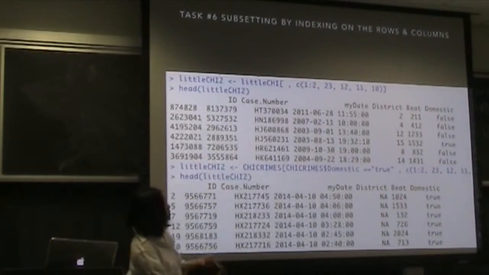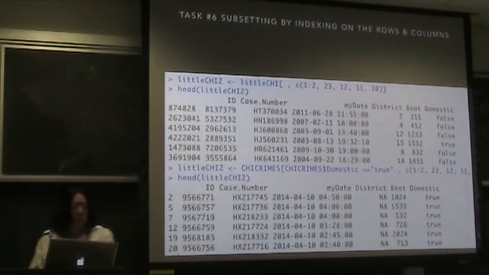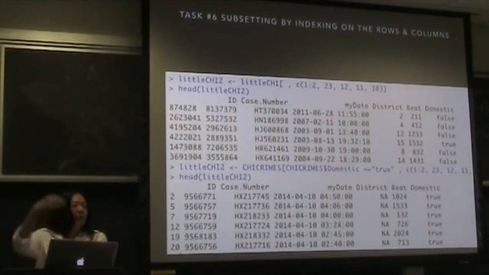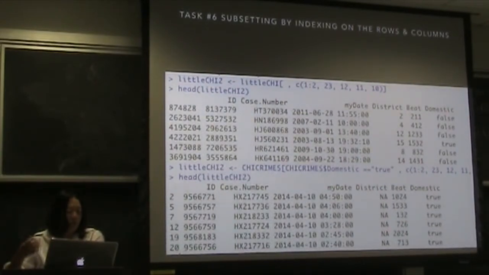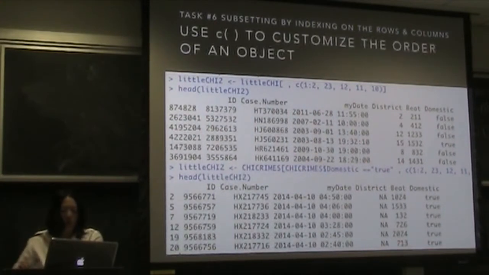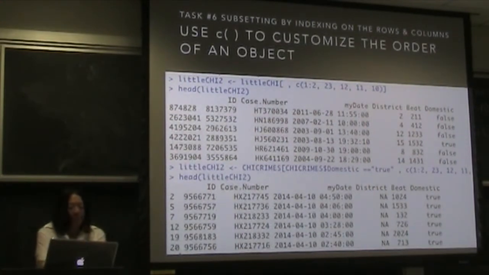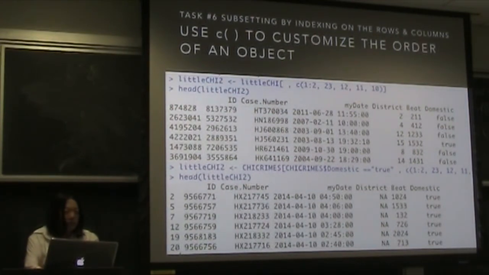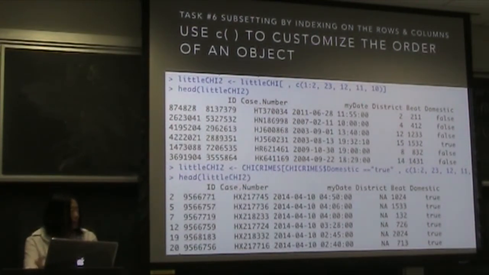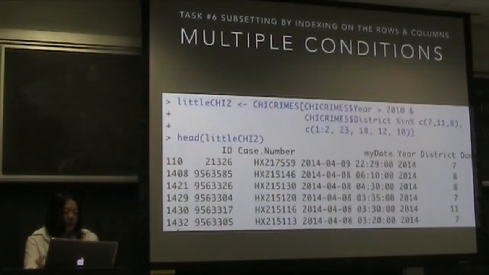All right, so you can subset on rows. So you can obviously do something like sample and subset. In other words, sample and get whatever row, column vectors you want. And you can also make the row a little more, I guess I have a duplicate slide in here, so I'm sorry. So we use c to customize the order of an object. All right, the concatenate function is handy.